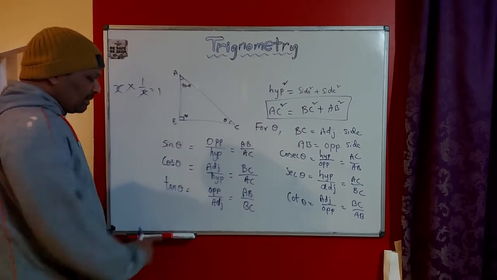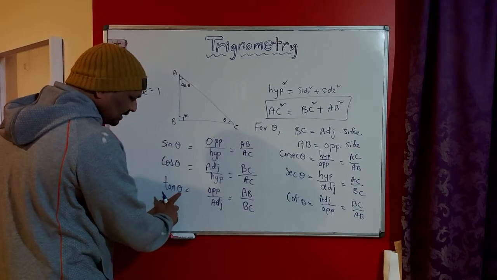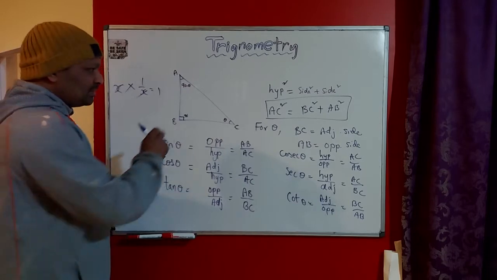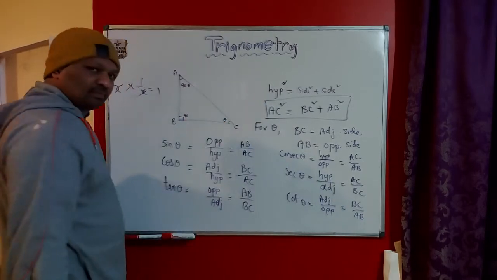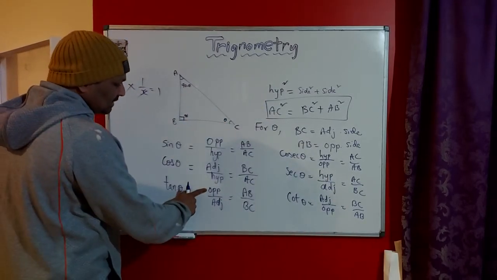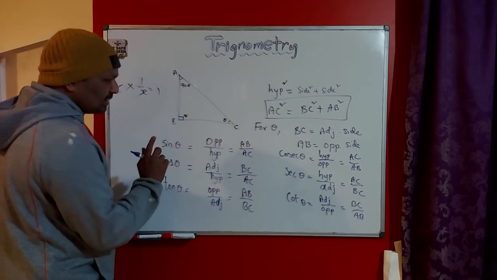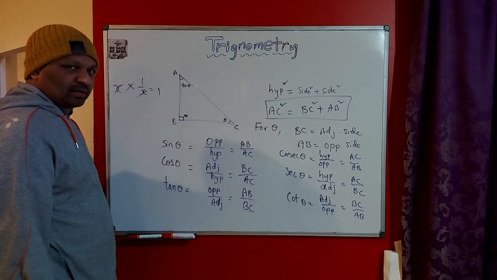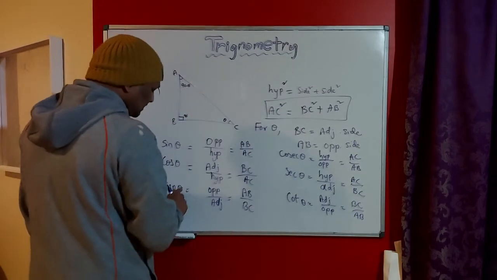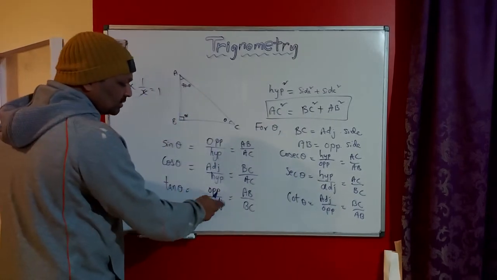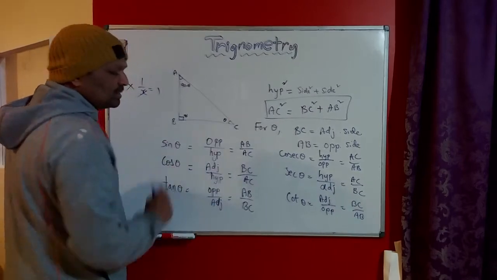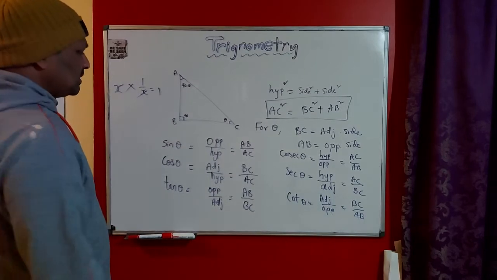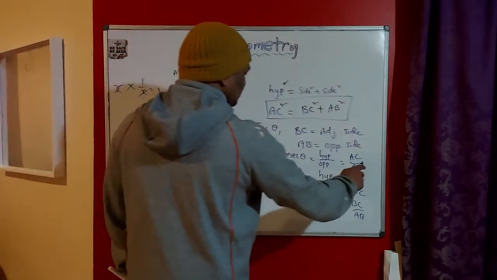But if theta is given, the ratio of opposite by adjacent is always the same, whether you take a small triangle or a big triangle. What I am saying here is that this ratio can be anything, because it depends on how you draw the triangle. But consider you draw two triangles keeping the same theta. This ratio for those two triangles will be same. So these are the 6 trigonometric ratios.